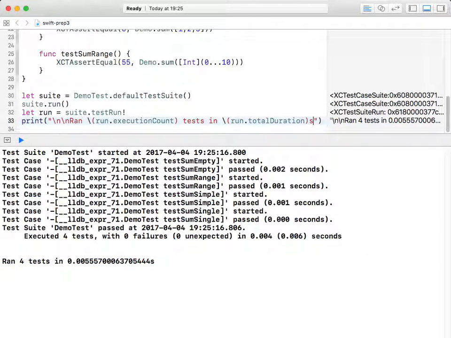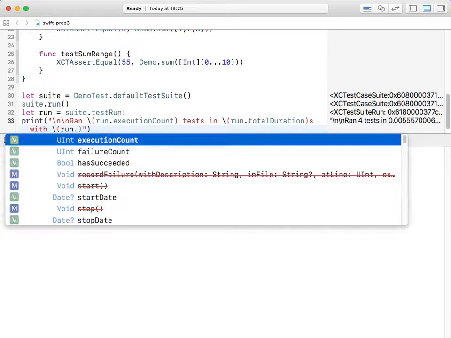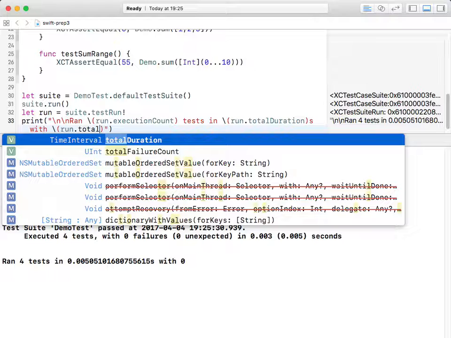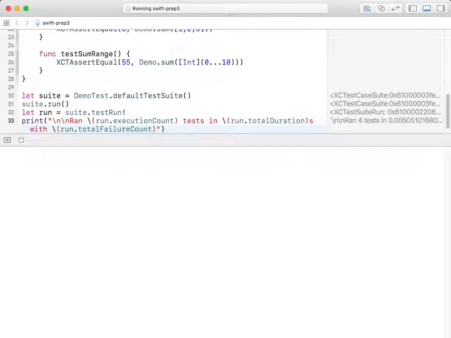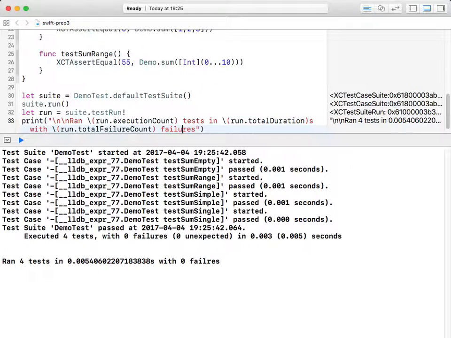And maybe it's important to see how many failures. So you say run dot failure, I don't know, I'm just guessing here, failure count maybe. But total failure count. Alright, you see this is failures. So of course I'm writing it here, but you can write a function